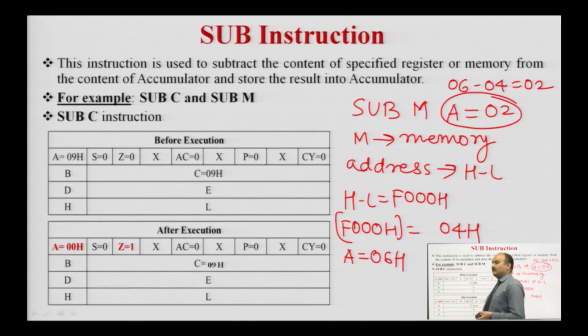If there is a carry from the D3 position to the D4 position bit, then the auxiliary carry flag is set to reflect the result of the operation, and if the result consists of an even number of ones, then the parity flag is set. If there is a carry generated from the D7 position or a borrow is taken from the D8 position, then the carry flag is set to reflect the result of the operation. So, this is the meaning of the subtraction instruction. Thank you very much.